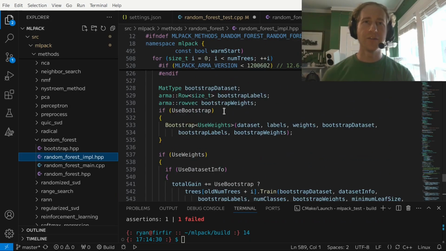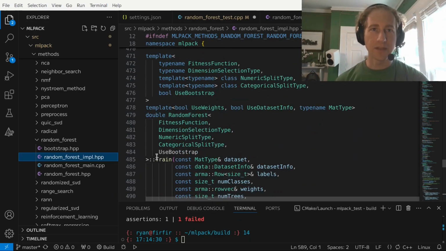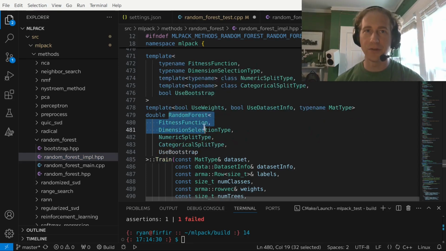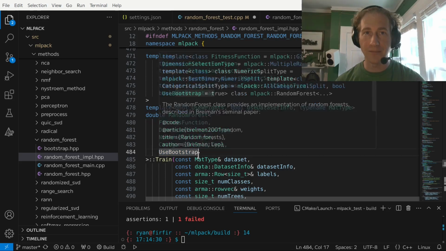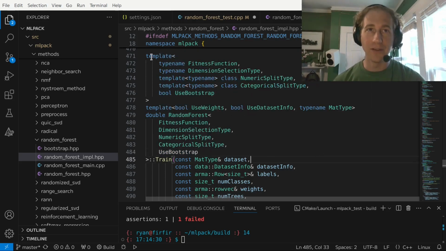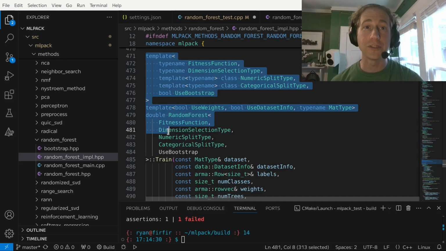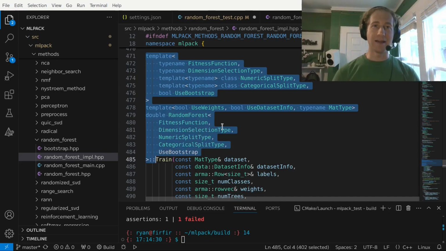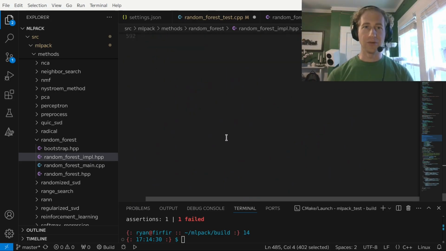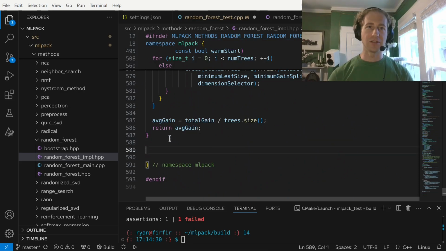So the impl file has a lot of code in it already. It has all the other functions and the implementations of them. Now, random forest is a class that has 5 different template parameters. That means that when we write these functions, we have to give the whole signature of the function. That's a lot. So I'm just going to copy paste, put the new function at the bottom of the file,